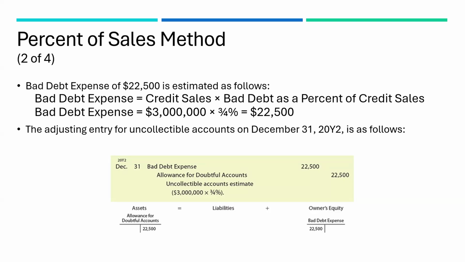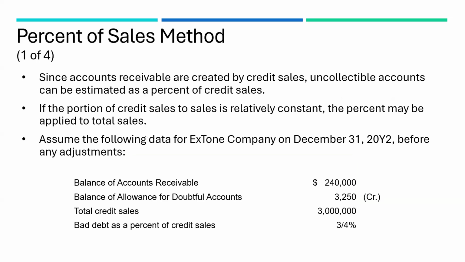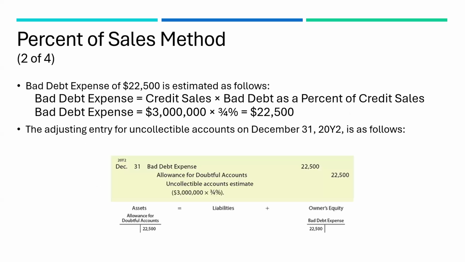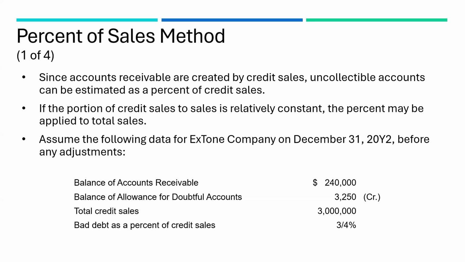This is a GAAP method of determining what the balance should be. However, this is more of an income statement focused approach compared to the next approach. If the balance at the end of the year was unreasonable by looking at it, especially if we do this method and it was wrong last year or wrong this year, we could take a look at it at the end of the period and adjust